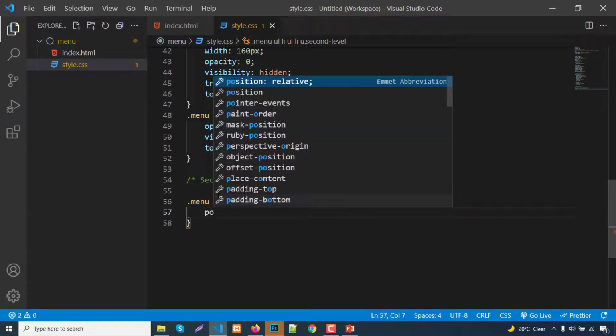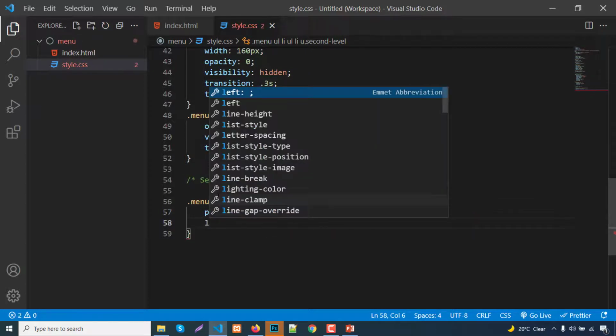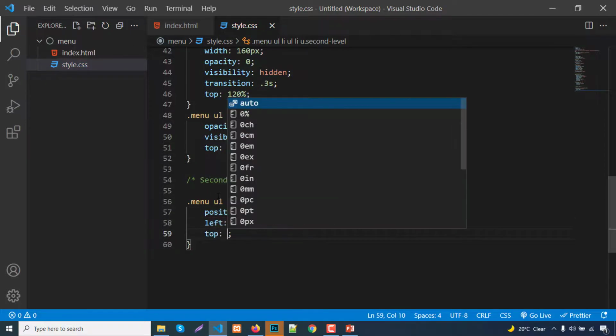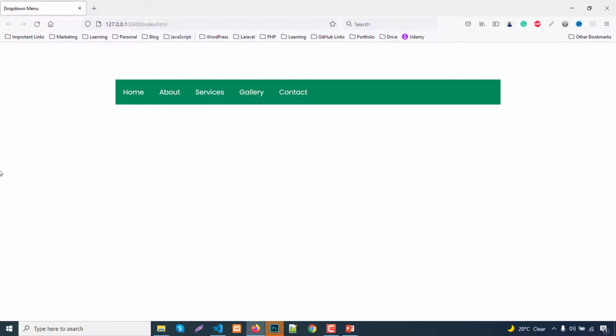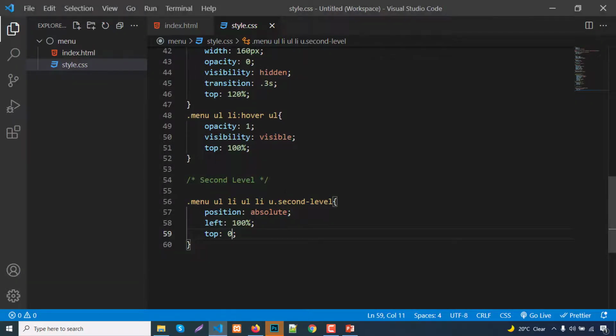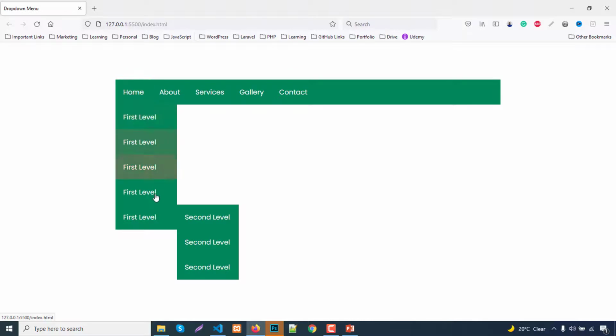Just write position absolute, left 100%, top 0. Back to the browser and check. We have some problem here. .menu ul li, sorry, it will be ul. Okay, so our menu is visible here.